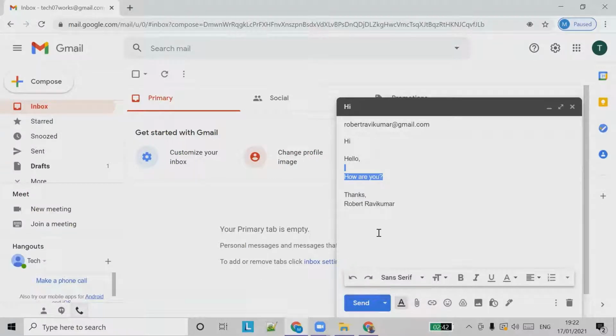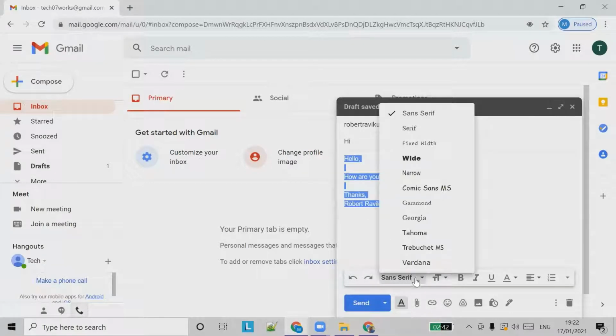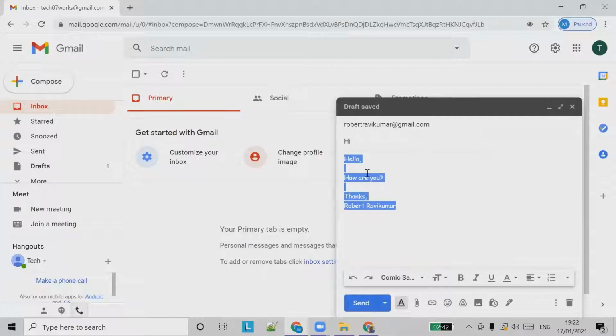This is undo and redo, so we can undo whatever we typed. It's similar to what we learned in Word. Again, we can redo the same stuff. You just have to click all these things. And if you want to choose a different font, you can choose any font.